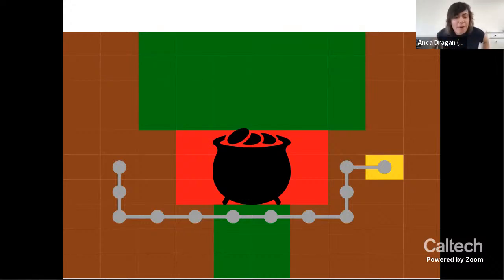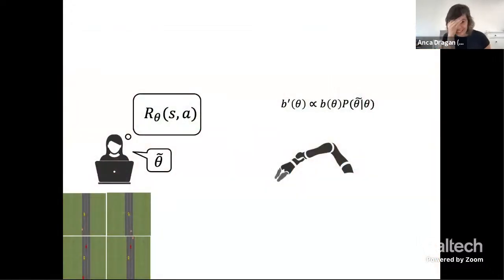So unfortunately, avoiding the pot of gold, what does this mean in practice? Let's go back to autonomous cars. With autonomous cars, you look at a bunch of environments where you want your car to make progress, et cetera, et cetera. You write down your theta tilde. And then the robot has this posterior.